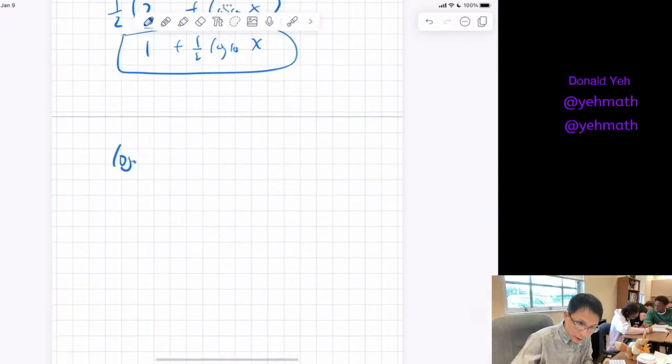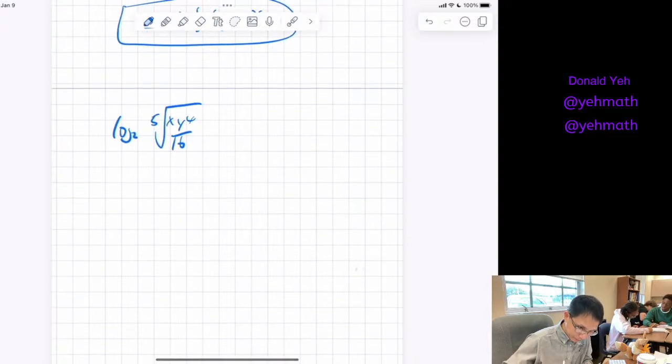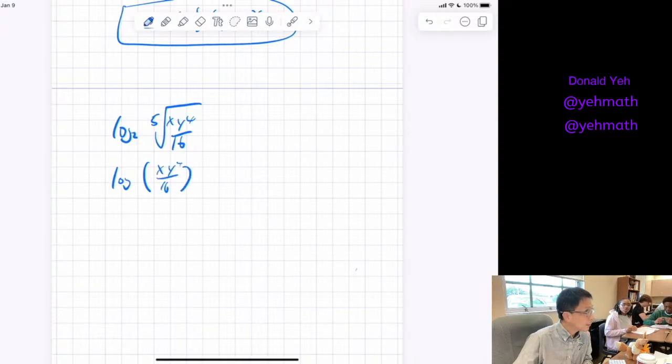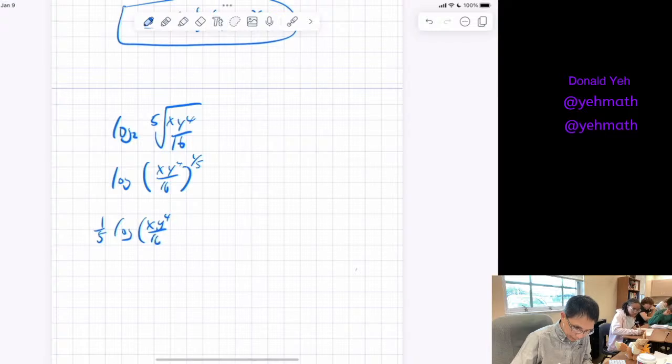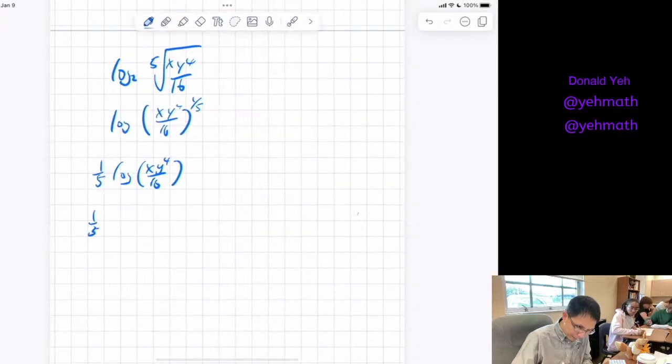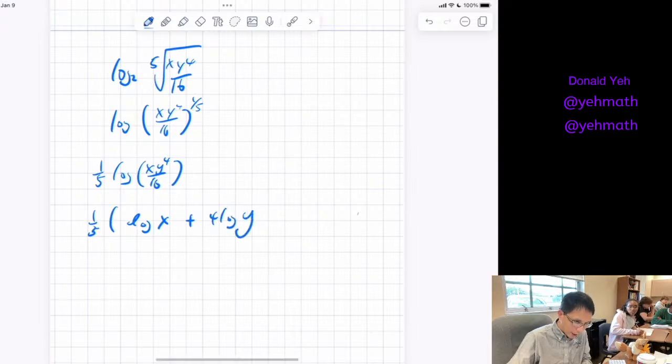That's a good question. Log base 2 of fifth root of x y to the 4 over 16. First of all, what kind of power is that? Fifth root? It's the 1/5 power, right? And that should be expanded to the front. And then you just have to do 1/5 of the log. This is times each other, so it'll be log x plus 4 log of y, because that 4 from here drops down in the front,